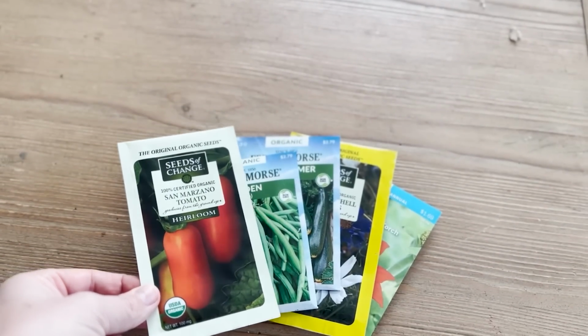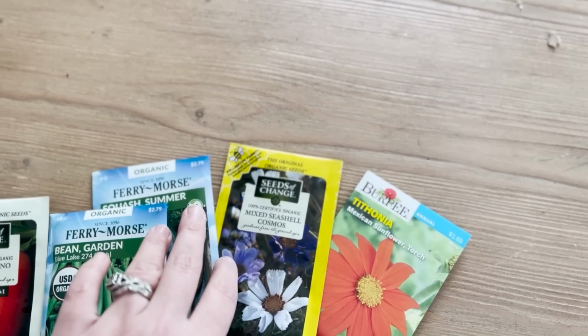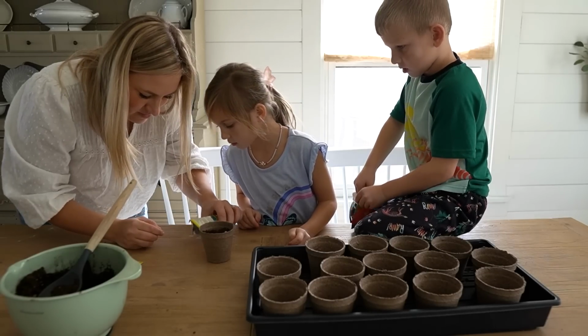And if you want to take it a step further, maybe start some indoor seeds for your vegetable garden. I was so intimidated by this a few years ago. It was the first time I did it, but it's so easy. It's a learning process. There's so many videos out there on YouTube, but I love to get the kids involved